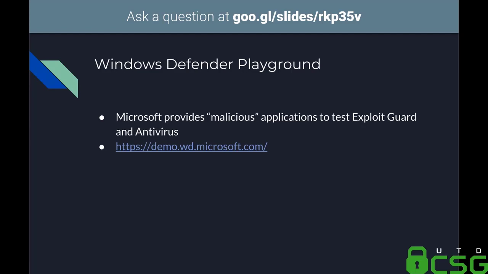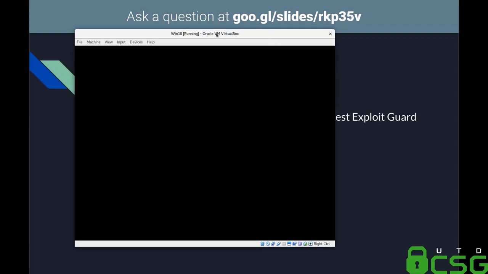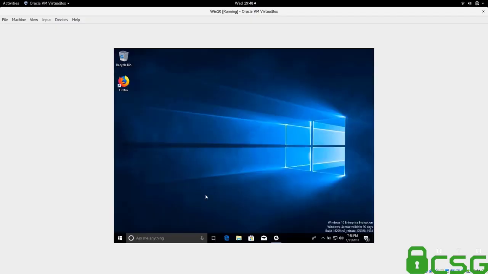I have never actually seen this done with an IDS/IPS system, not packaged and well mentioned. They do exist, but it doesn't give the integration that Microsoft gives. And so we'll demo that real quick. This is the primary reason I was somewhat impressed with the protections they added. So we go in